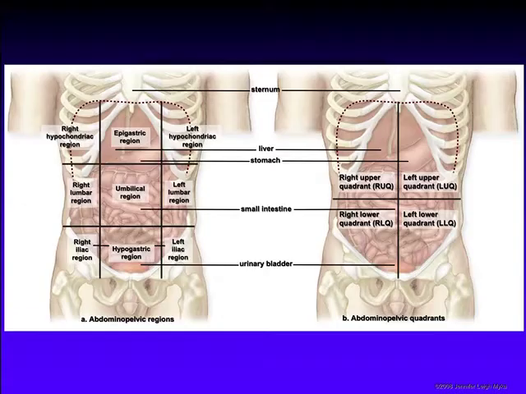If we look over here, you can see there's a little projection that comes off a structure called the cecum, which is part of the large intestine, made up of the ascending, transverse, descending, and sigmoid colon. Occasionally this gets plugged with poo, and the bacteria that live in the poo cause gas production, and then this little organ can swell up, and if it blows, it releases bacteria and fecal material inside